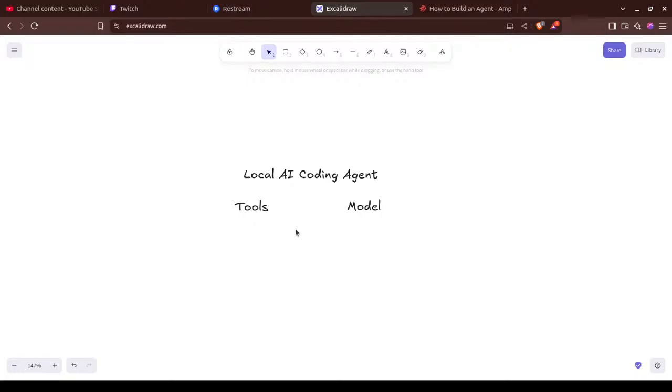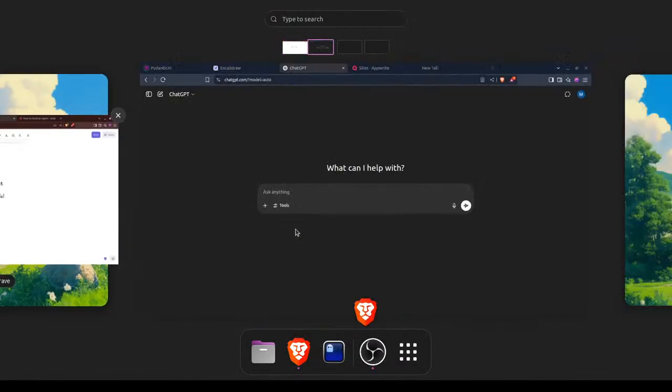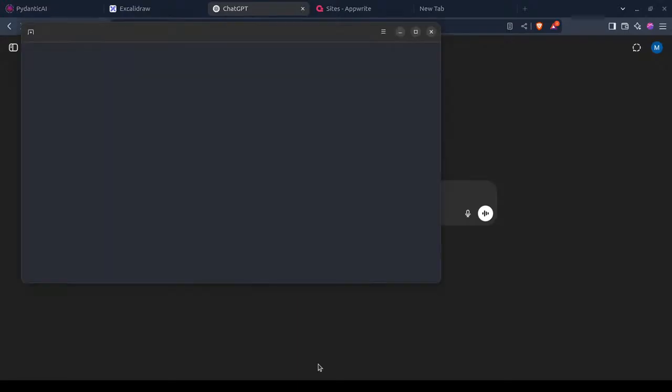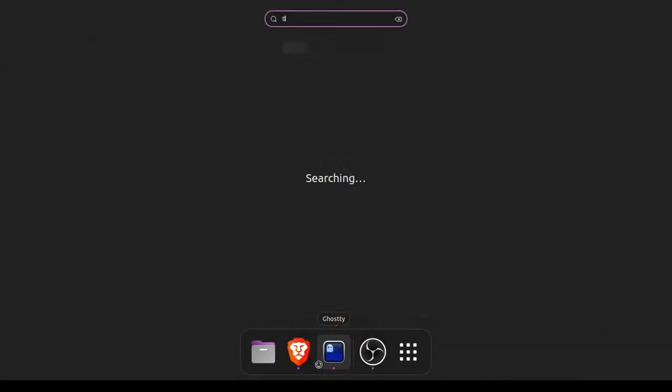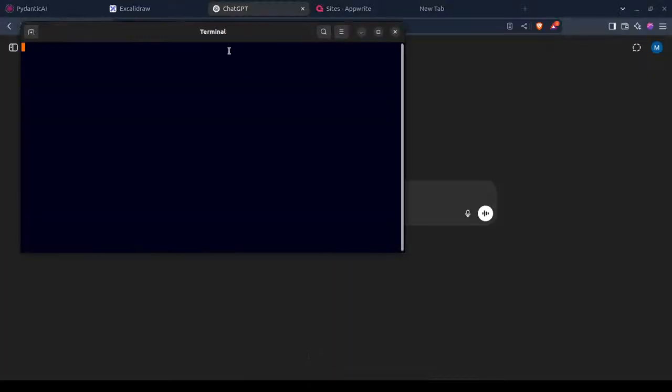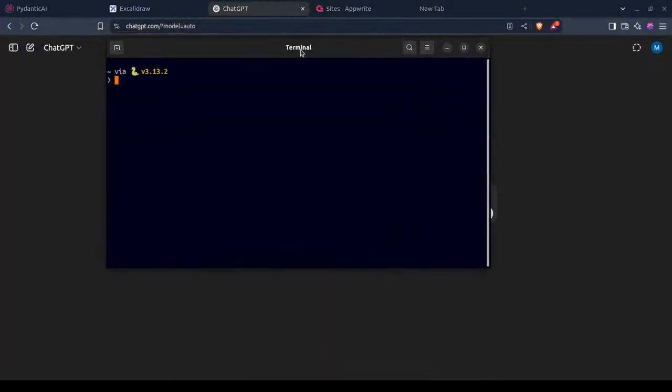And let's see how we will try to build this first. So definitely, okay, Ghostty has had some issues for a while now. Just give me a second. I need to do a few things.